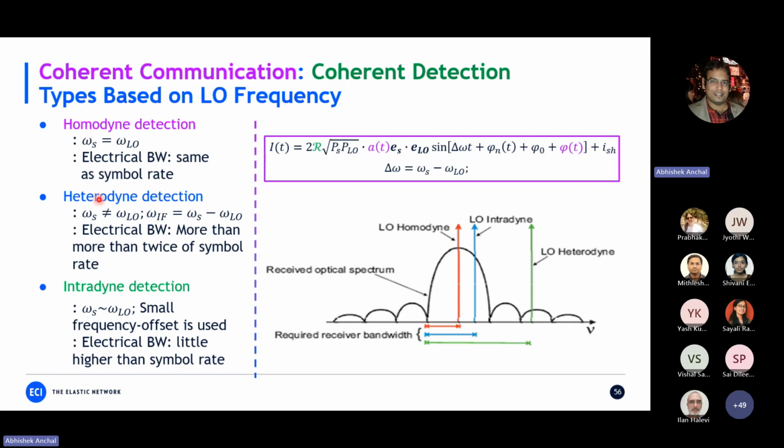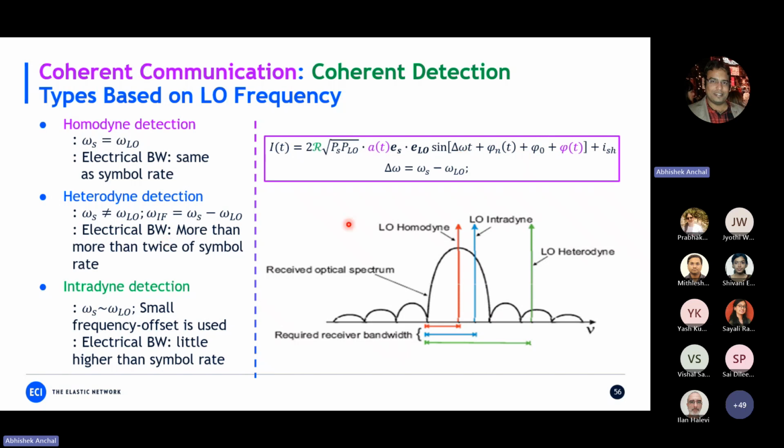So we can move to another one, which is called heterodyne detection, where the frequencies of the local oscillator and signal are not the same. So we generate this term delta omega, which is called the intermediate frequency. That's the difference term, which you can see here. Because of this term being present, we add additional bandwidth